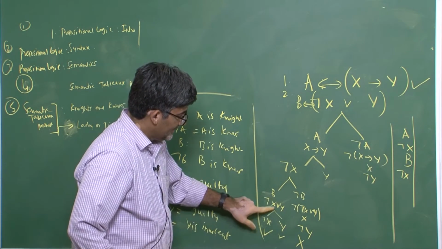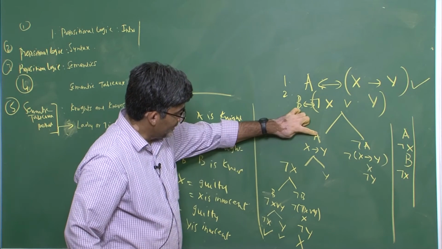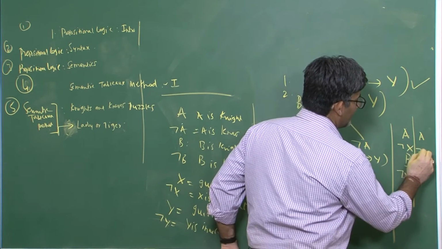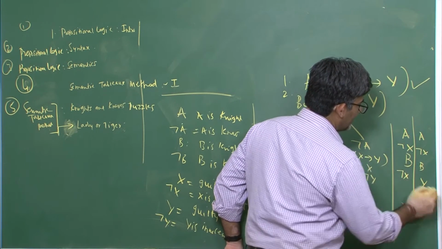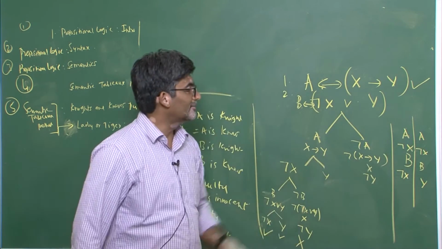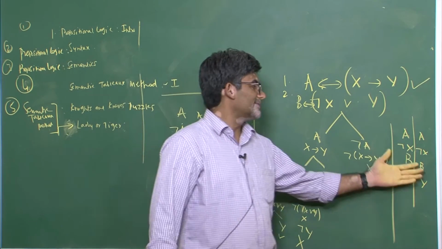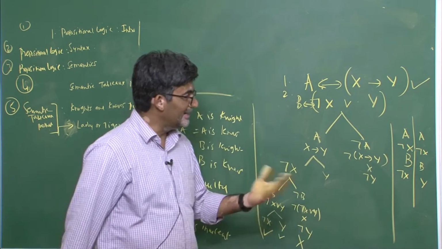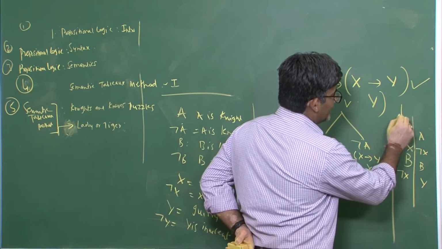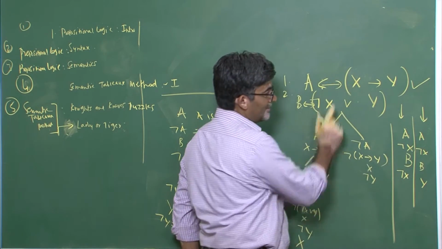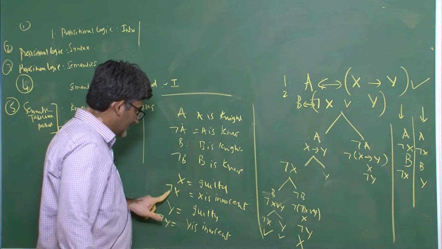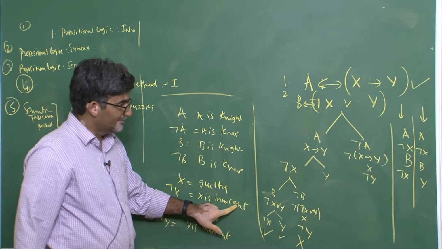So now here we have another solution where you have not x, y. So from these two things we can make out who is considered to be guilty and who is considered to be innocent. So now we have two solutions like this which satisfy this particular formula. So from this definitely you can say that not x means x is innocent.